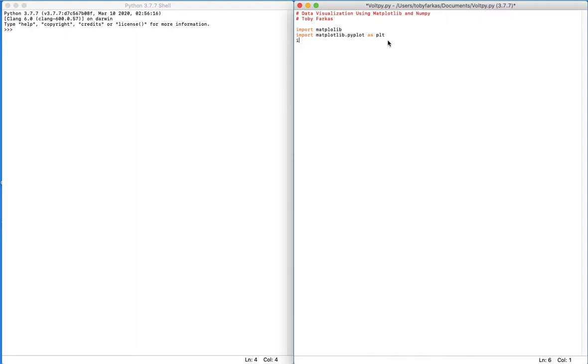We're also going to import NumPy, and we want to make a plot of an AC voltage signal. So we'll start by declaring frequency as 3. We need